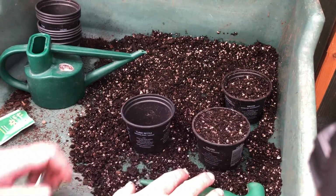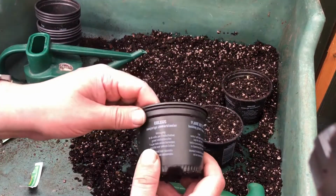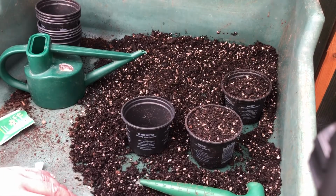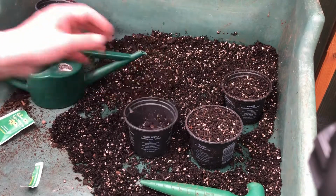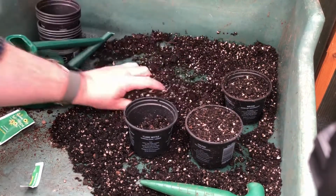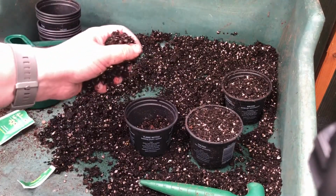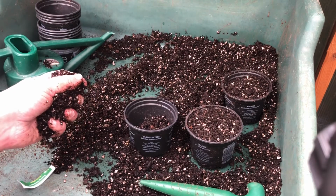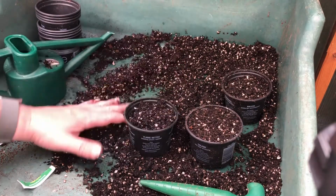Right, so what I've got is just some little pots like this. They're just reused pots, been disinfected or sterilised, and I'm just filling them full of this potting mix that I've already wet through and then mixed in well with water. This potting mix is quite extravagant for sunflowers really. Any multi-purpose will get the seed germinating fine. But we're just going to add,